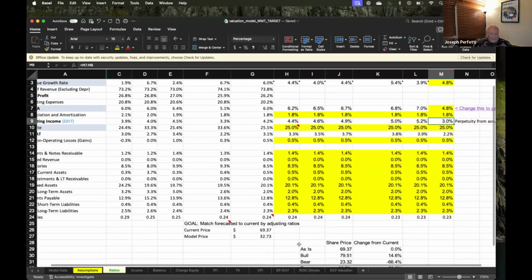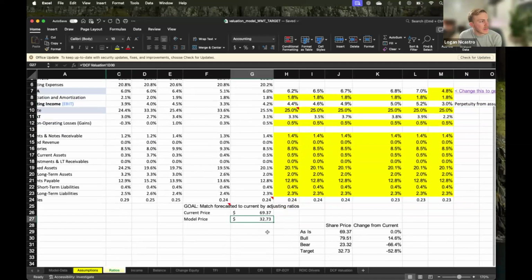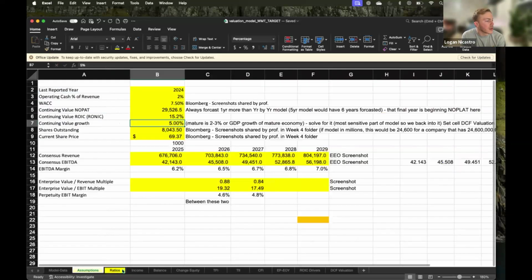Okay, so where did you put your target price? Oh, right here. Sorry. So that's 32, but that's not the right price because you got a problem with your EBITDA margin. Correct. Yep. So if I change this back to something. Yep. So 6.5 goes to 6. That, and then